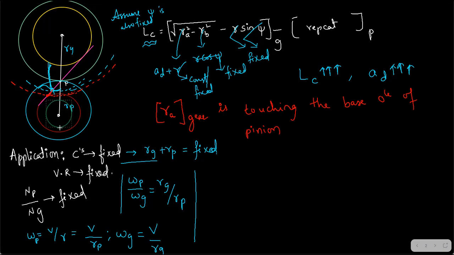See how I decrease it? Now this is the base circle of the pinion. Sorry, this is the smaller circle. We are not decreasing the base circle. The base circle is still the red circle itself, but we are making another circle and digging inside the gear. Okay, let me show you.